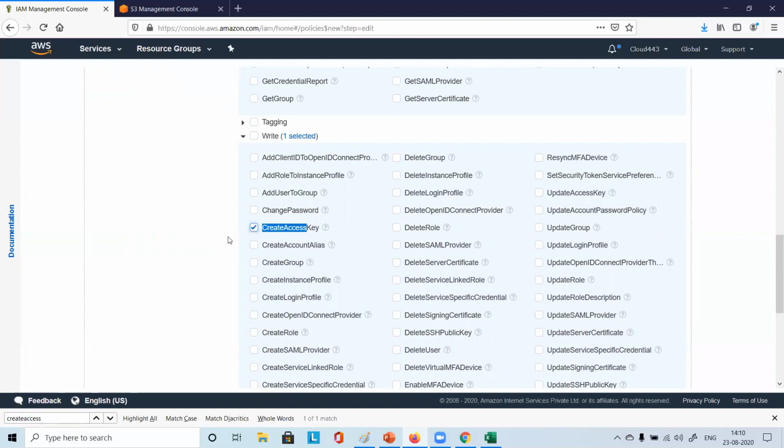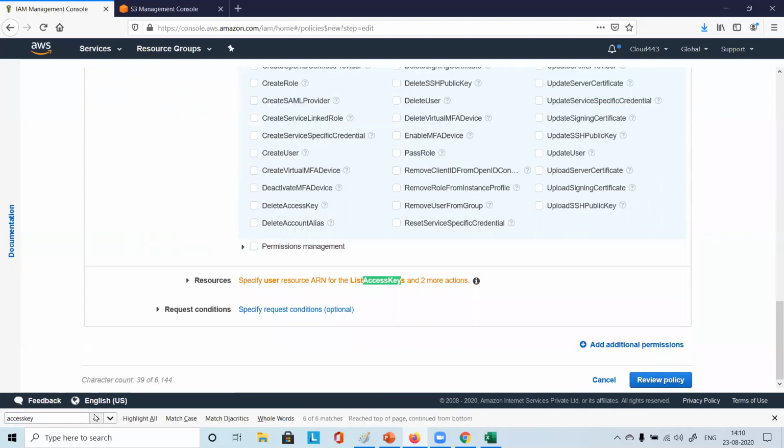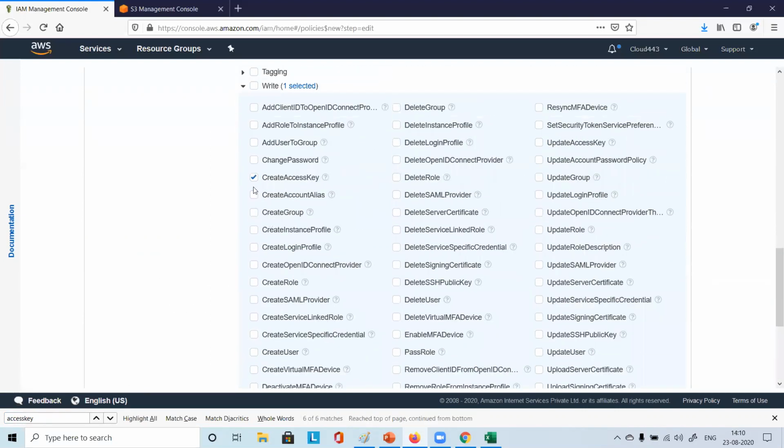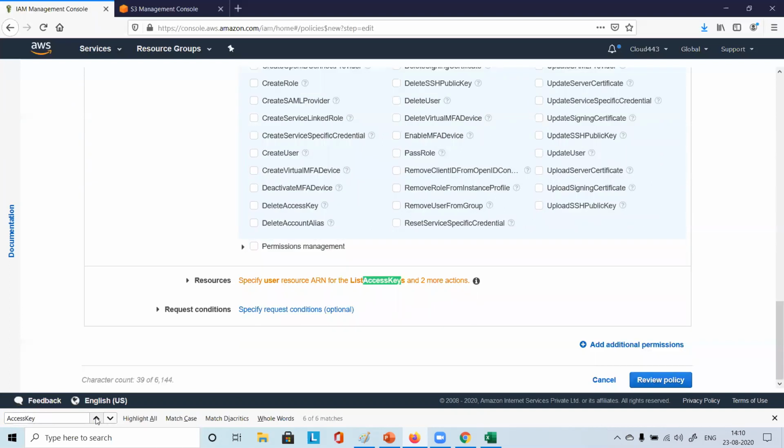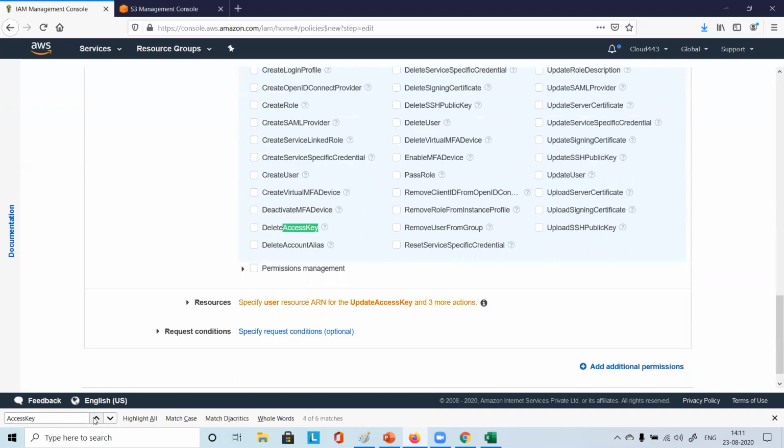Or you can search for access key, and like that you can search next. So you have get access key, list access key, create access key, and then update access key, you see? And then you can choose something like delete access key, right?